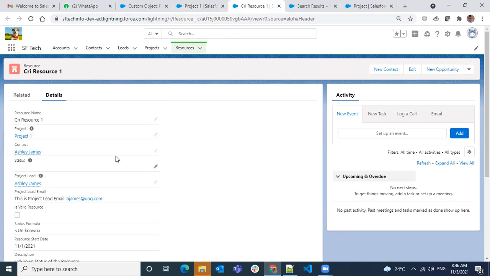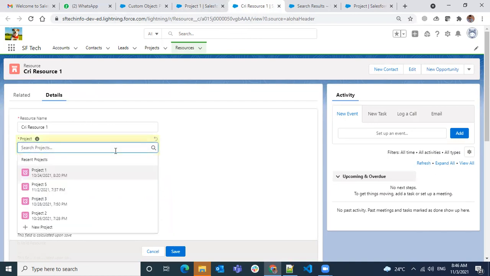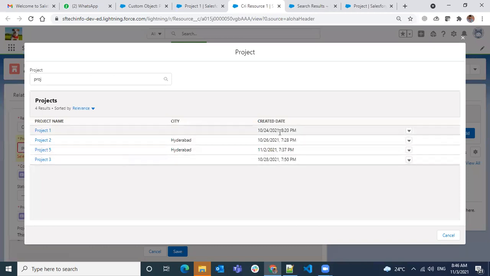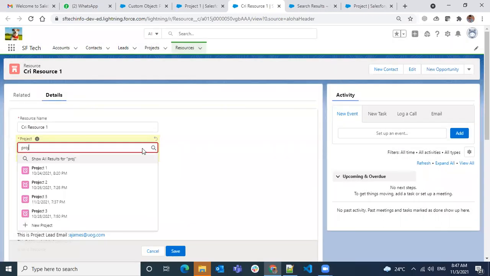And other than that, we have this search dialog set, and this is also common for all. Whatever we have on the search layout, the same is applied on the lookup search also. Here also we have the same layout. This is for Lightning. For Classic, we have different places to control those values.